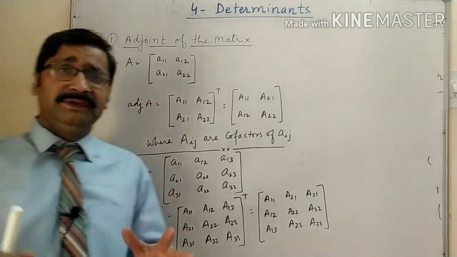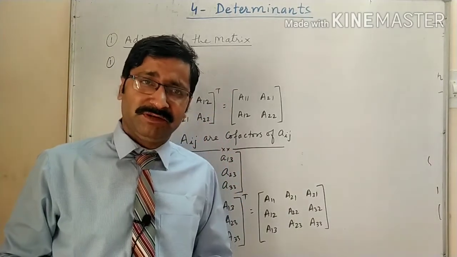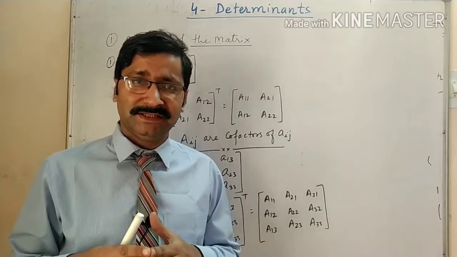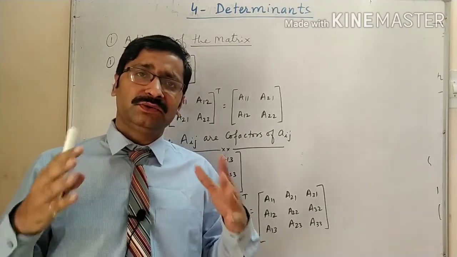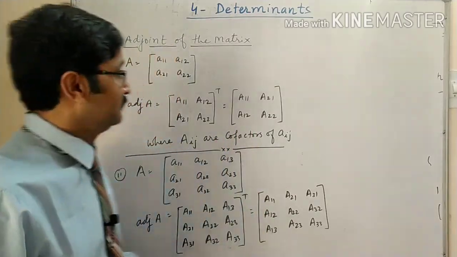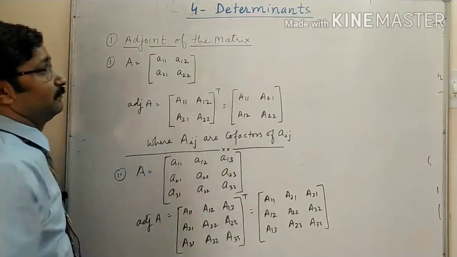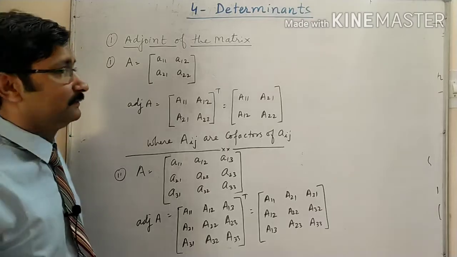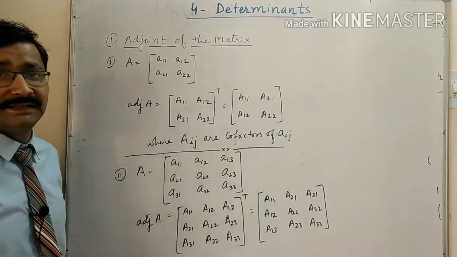Now, the determinant and matrix will be in a mixed format, so we have to do both the matrix and determinants. You should know the rules for the matrix and determinant combined. You will not be confused by this. Look here, adjoint of a matrix: how can we find the adjoint of the matrix?